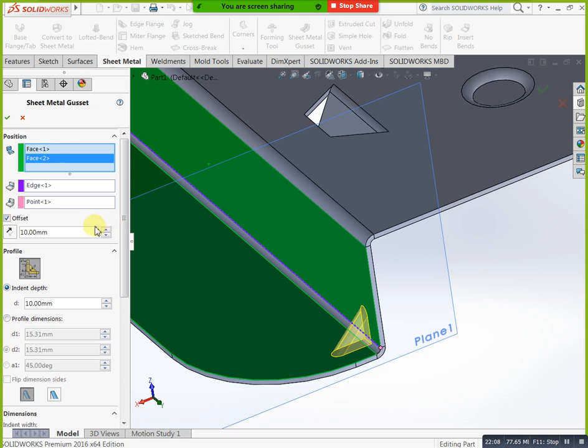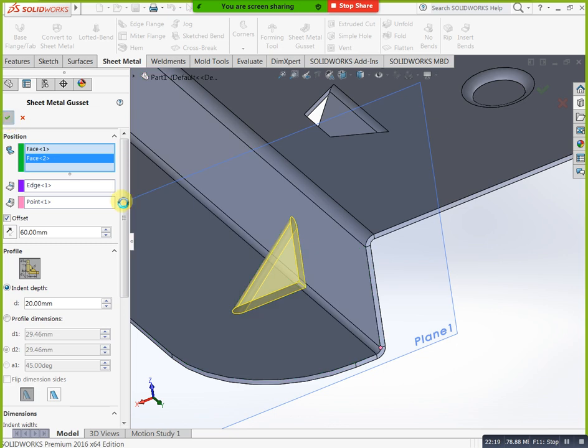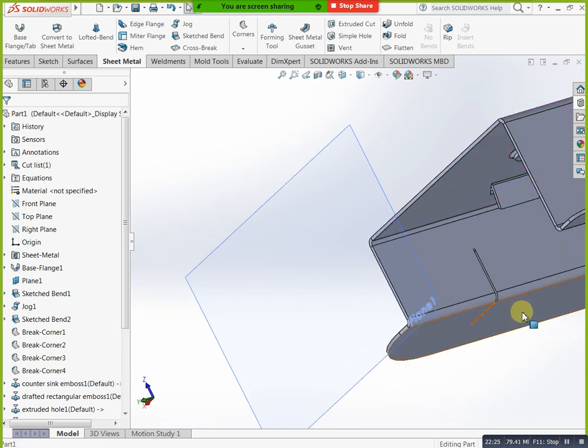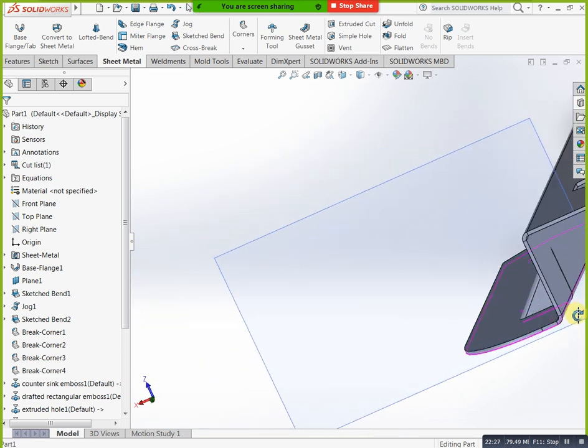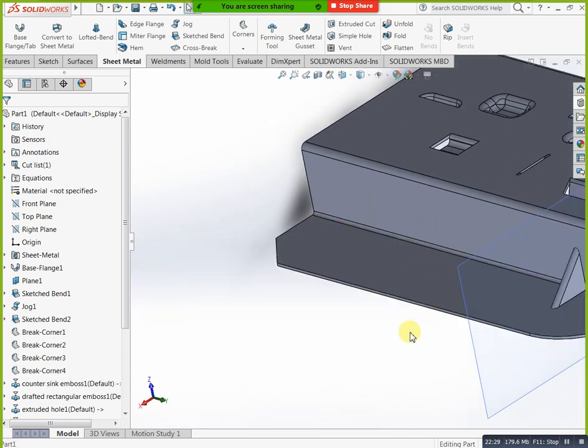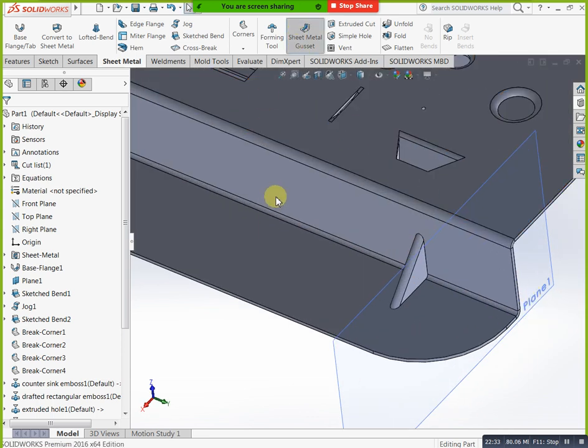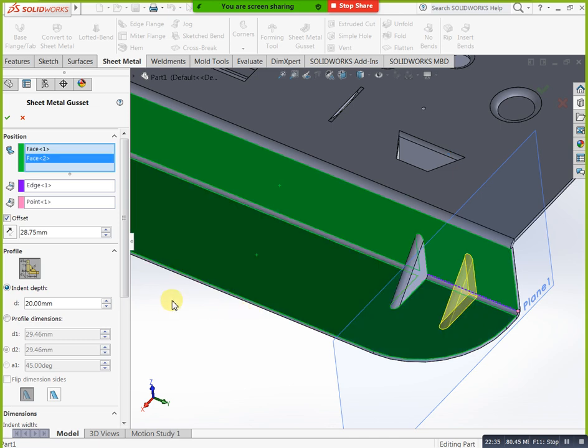See, okay, again we can change. Once again we can try this one. Just you can select this gusset, select this feature and this feature, automatically we are getting this one, how much you need. Okay, if you need to edit your profile dimension, you can edit here also. I need this one flat, I no need round. That condition here we have 29.46.